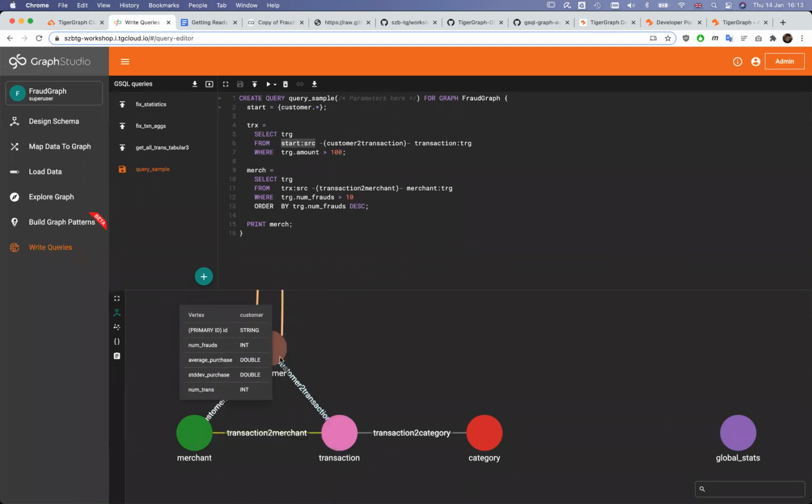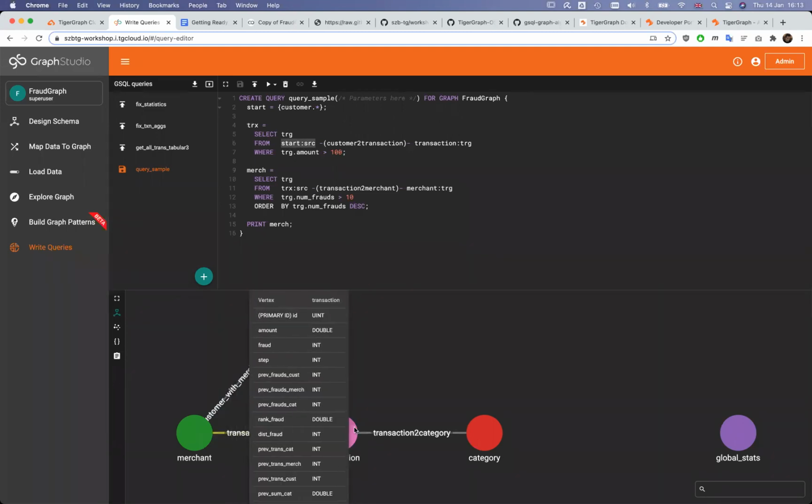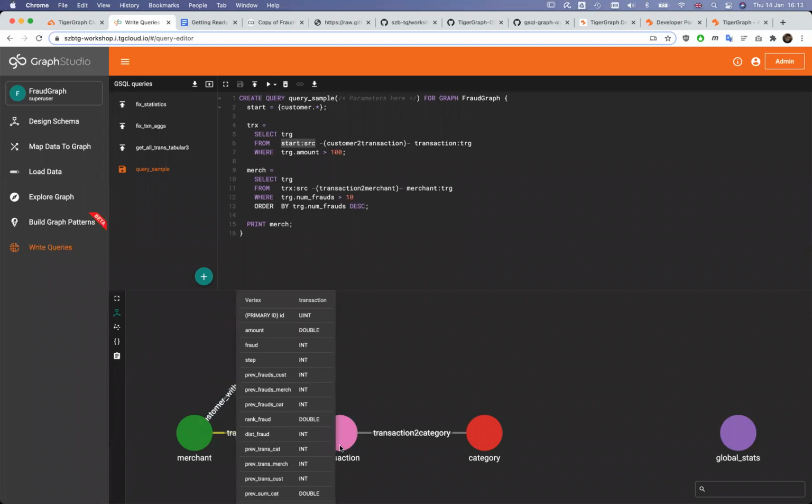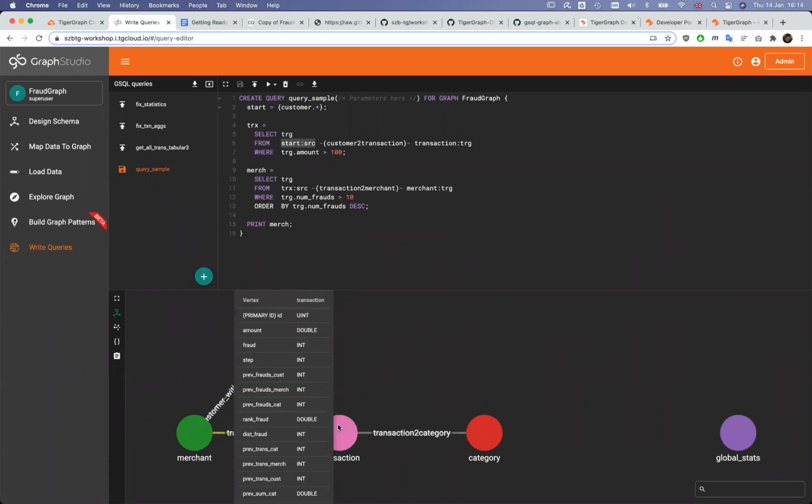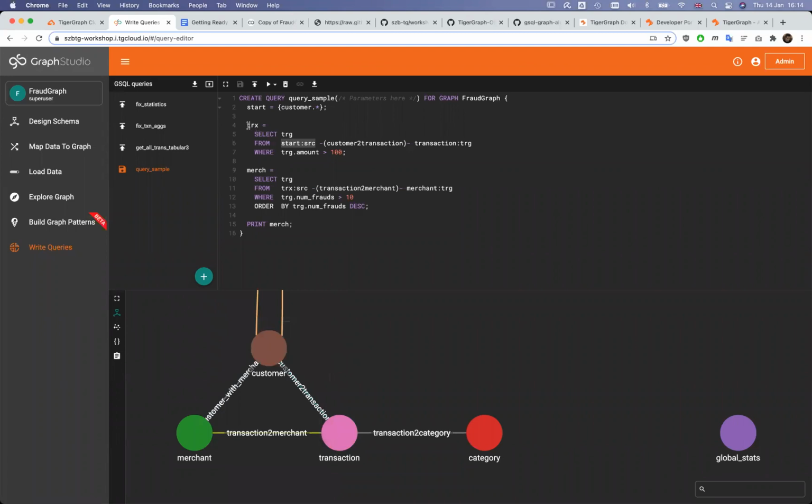So I'm going from here to here, but I want to arrive only at those transactions where the transaction was more than 100 pounds or dollars. The result, the subset of transactions, is stored in this new vertex set, which I called TRX, and this will be the base of my second hop here.